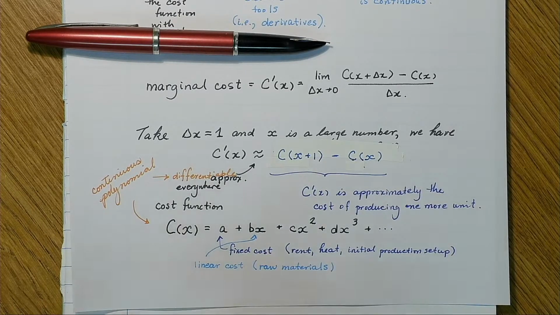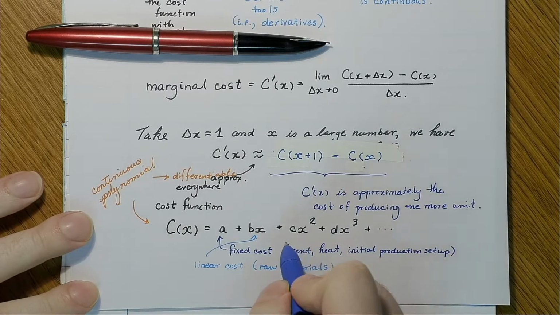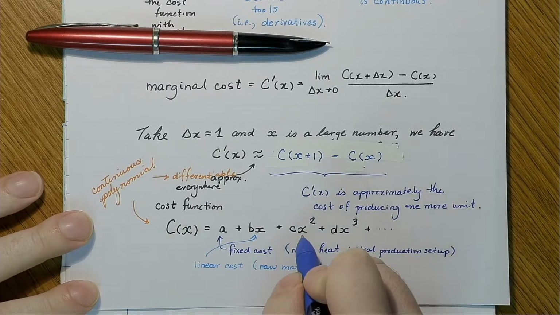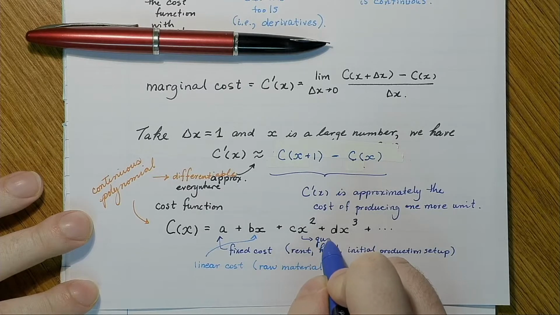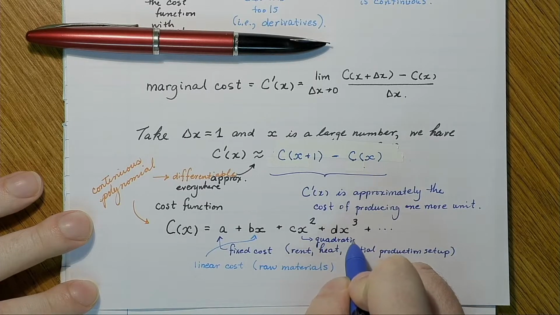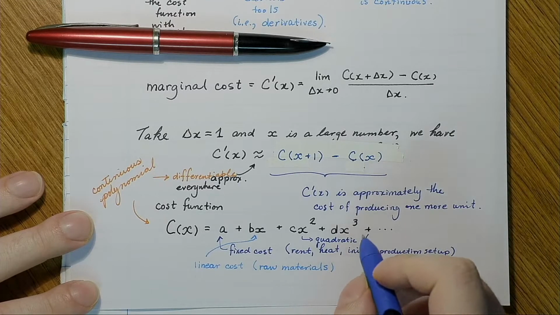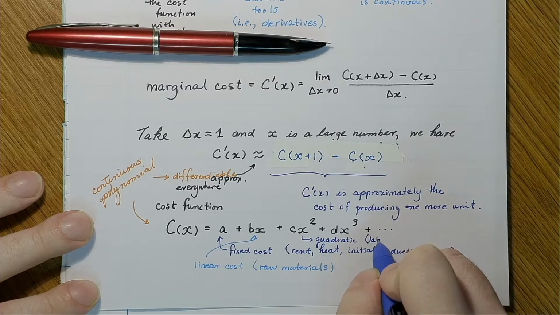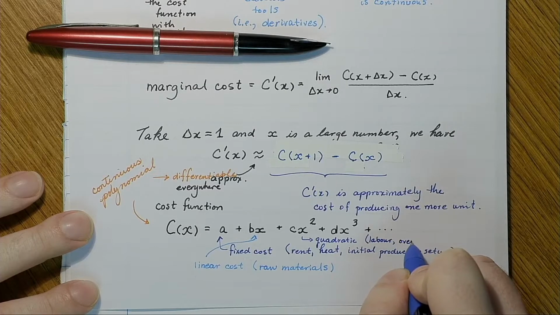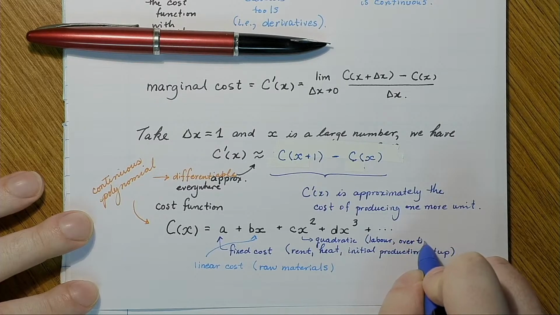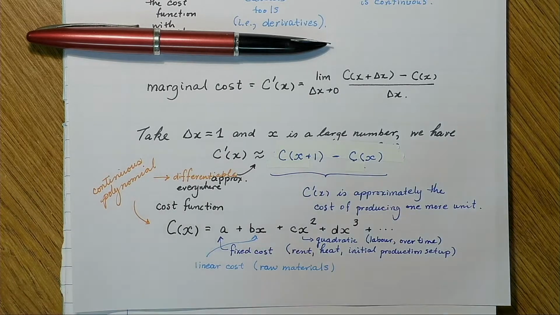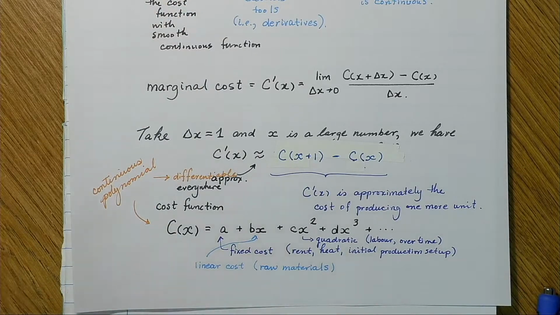We could get up into other, these are like quadratic costs. So here we have quadratic. This could be something like labor or overtime costs, etc. But, you know, this is a fixed cost. There's kind of a linear cost, a quadratic, so on. So using that,